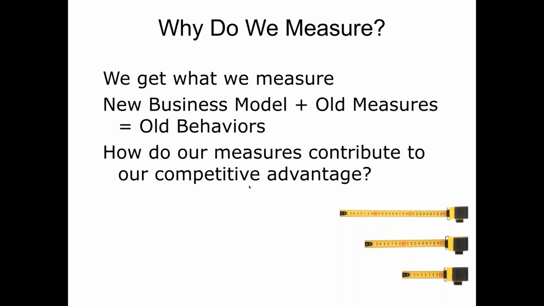So Airbnb is not measuring the same things that hotels are. Their dashboard looks completely different. Their KPIs are completely different. Same with Uber, same with any other business model that you can come up with. The internal measurements change as well. So if the CPA profession is talking and paying all this lip service to changing its business model, until it changes its metrics, it's really not changing the business model. That's why you have to get rid of the timesheet if you want to implement value pricing, because you've got to change what's measured. You can't measure value pricing with cost accounting and timesheets. You can't do it. It's completely ineffective.